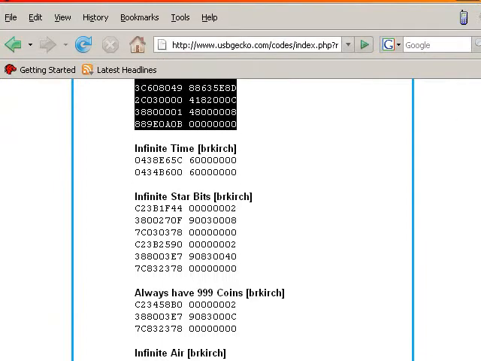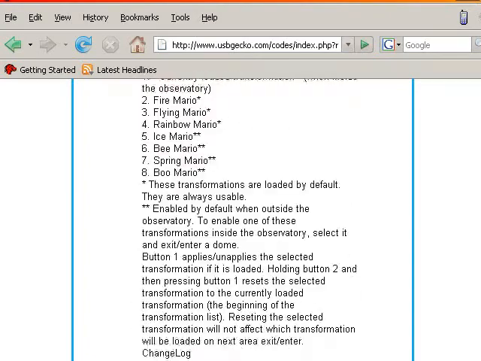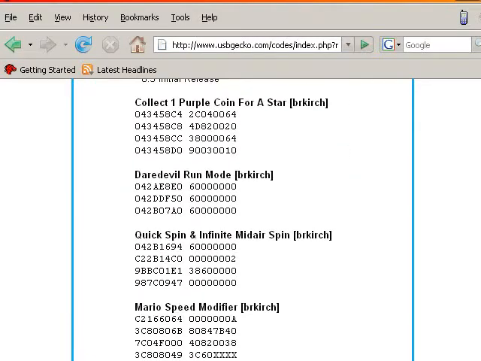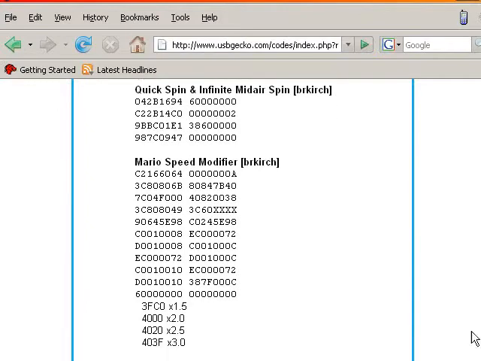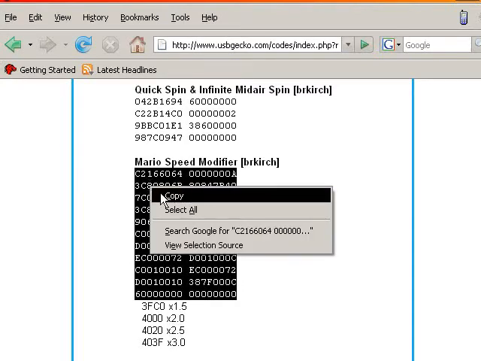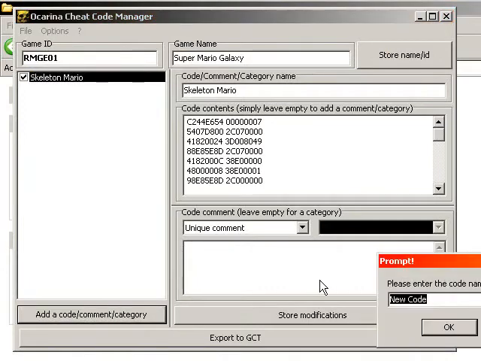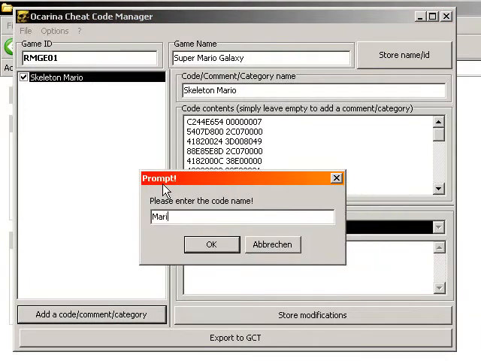We're going to have to do a little... Where is it? Where is it? It is Mario's speed. Alright, Mario speed modifier. And if you notice, this code has 4 X's in it. And down here we have values for which codes can be used, or what values. So actually I'm going to use 403F for the fastest one. We're going to copy this, and we're going to create a new code. Mario speed,